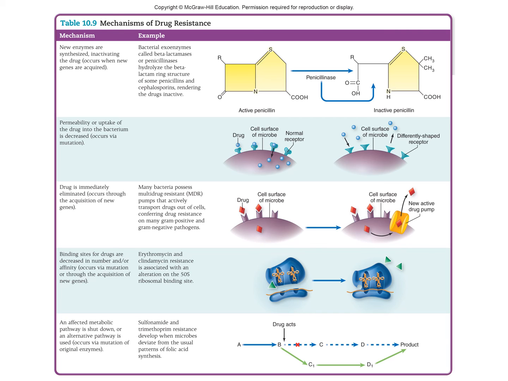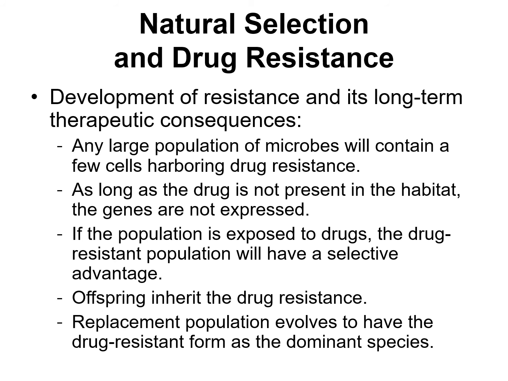going the medication's mechanism of action. So, natural selection and drug resistance. The development of drug resistance and its long term therapeutic consequences. Any large population of microbes will contain a few cells harboring drug resistance. As long as the drug is not present in the habitat, the genes are not expressed. If the population is exposed to drugs, the drug resistant population will have a selective advantage. Offspring inherit the drug resistance, and then the replacement population evolves to have the drug resistant form as the